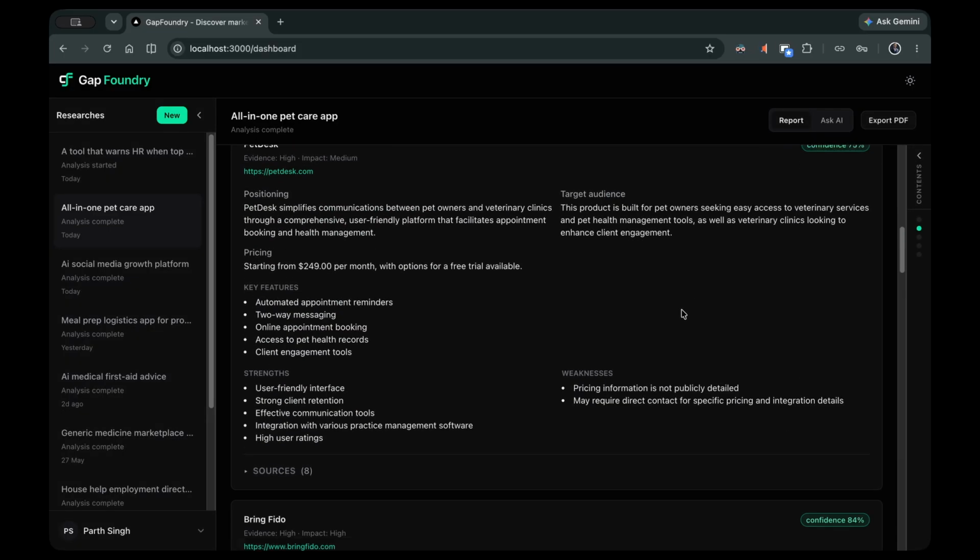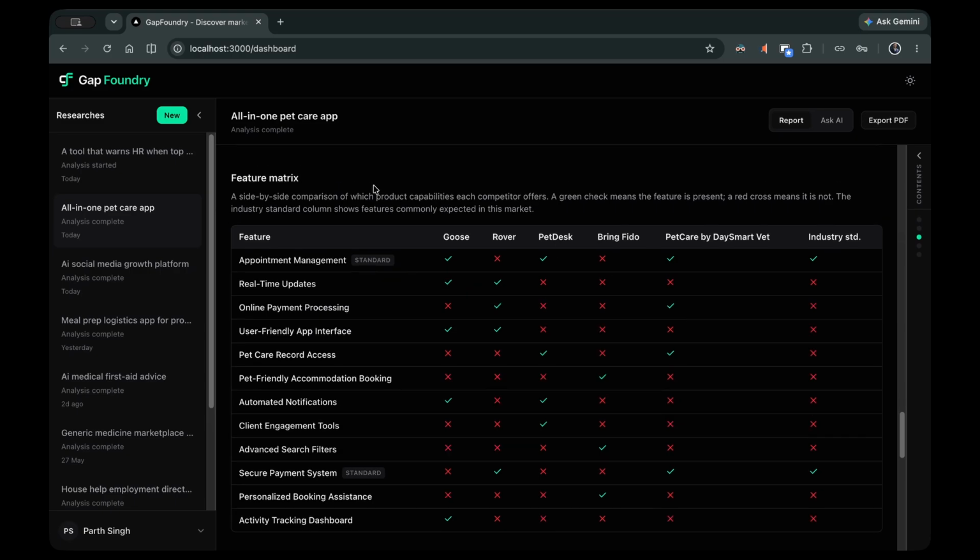Moving on, we come to the feature matrix. Instead of manually comparing all the products, GapFoundry builds a feature matrix showing which capabilities each competitor offers. You can also see some of the features have the standard tag, which simply means that this feature is an